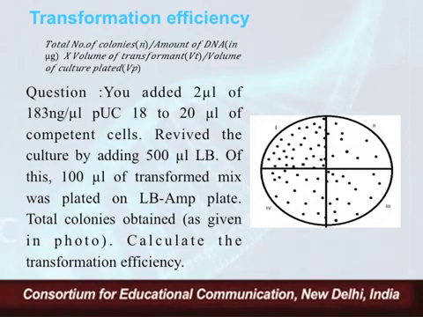So this transformation efficiency is defined by a formula, where the total number of colonies divided by the amount of DNA taken in microgram is multiplied by the volume of transformants and by the volume of culture plated. We know all these things, because when we plate on the LB agar ampicillin plates, the next day we will have the appearance of E. coli colonies. We can count the number of colonies. If there are too many colonies, then we have to do serial dilution plating, so that the colonies that appear on a plate are countable. So we have the total number of colonies.